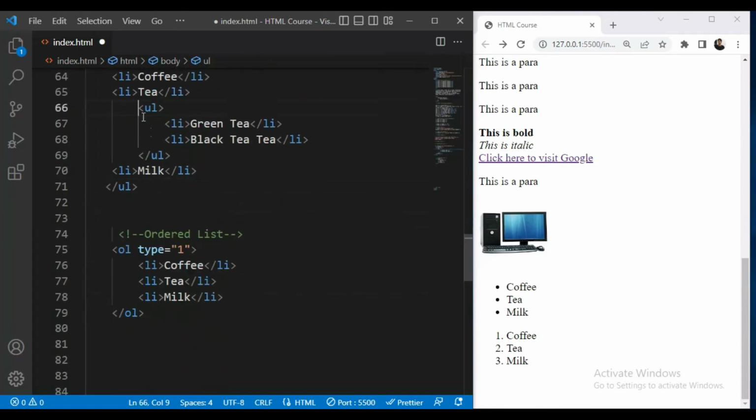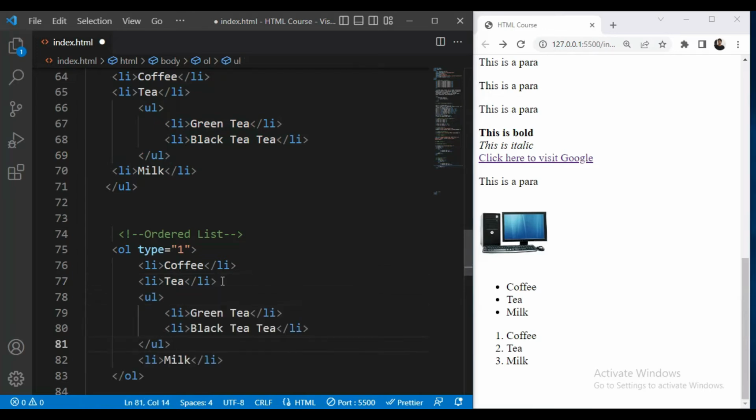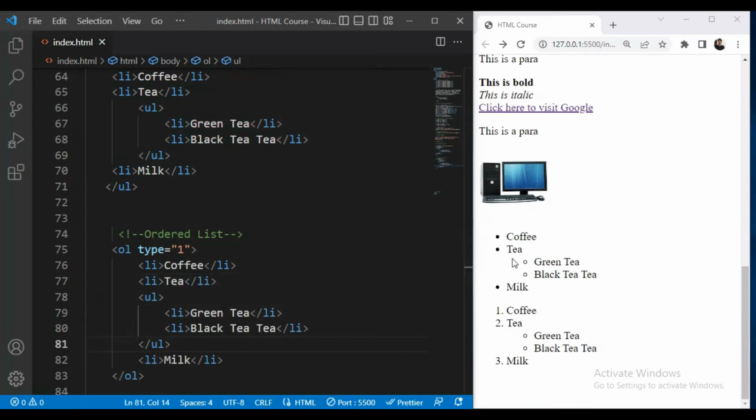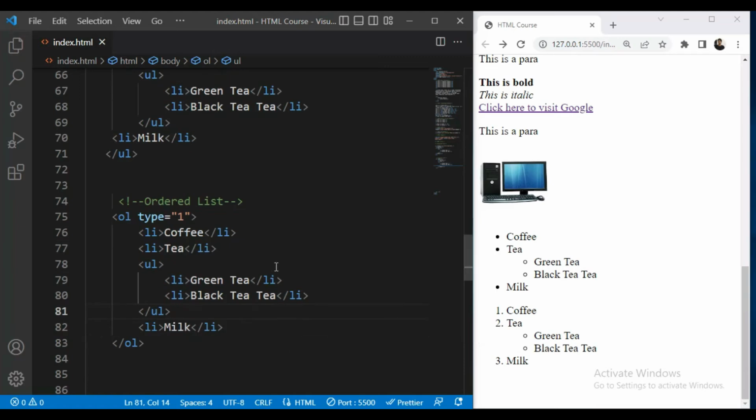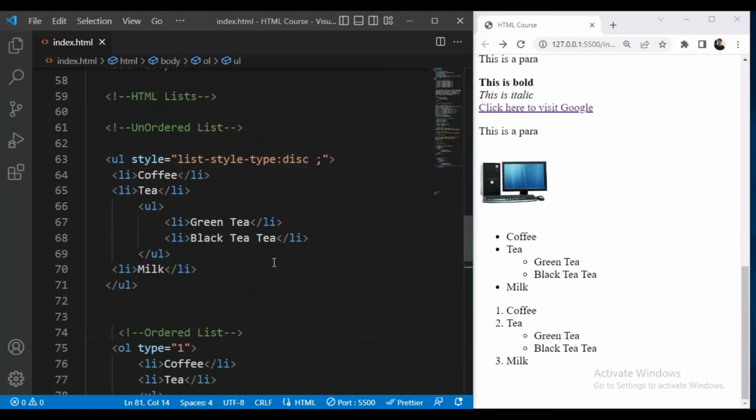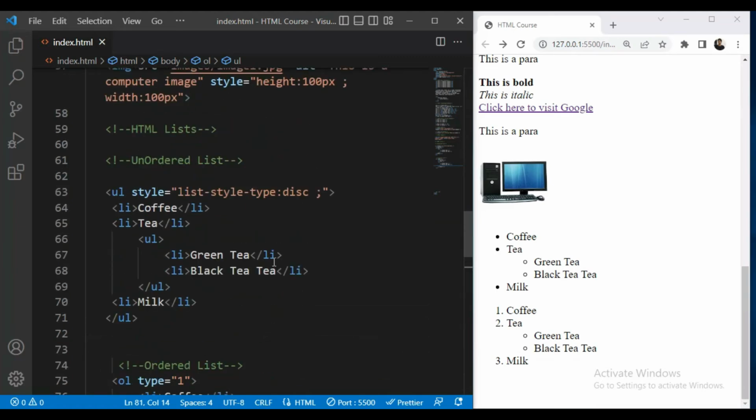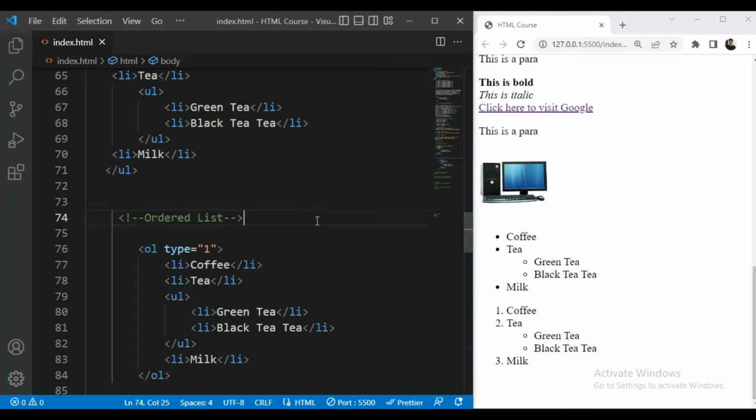In the same way I will copy this and paste it here. So now we have a nested list. So this was all for the HTML lists. Next we will see the HTML quotations and citation elements.